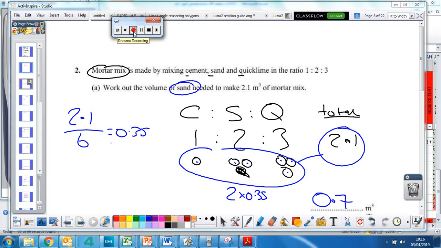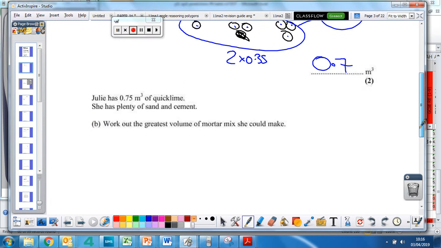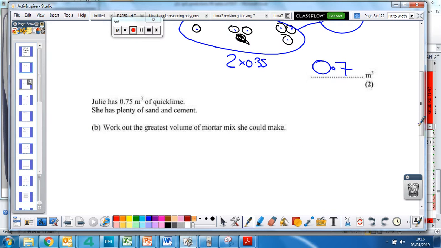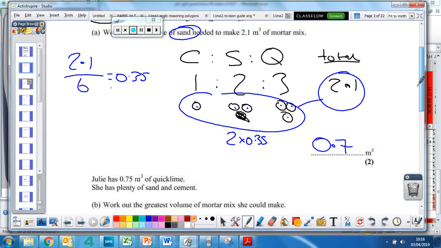Okay, so part 2 of the question. It says Julie has 0.75 cubic meters of quicklime. She has plenty of sand and cement. What's the greatest volume of the mortar mix she can make? All right, so it's quite wordy, isn't it? We've got C, S, Q,